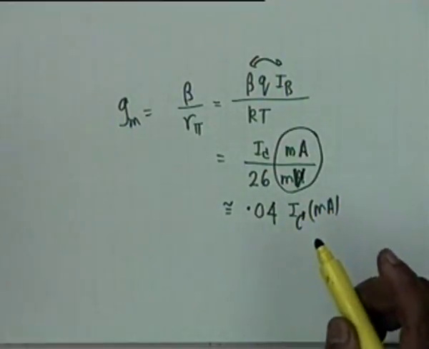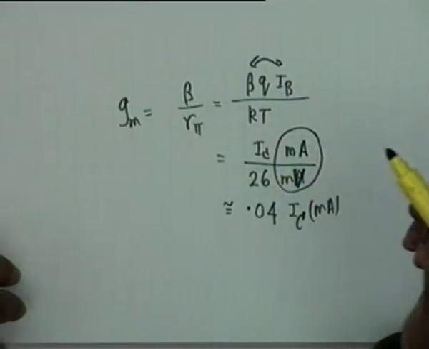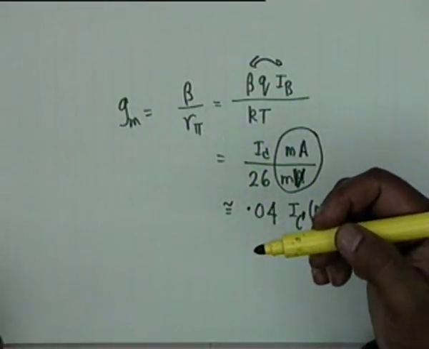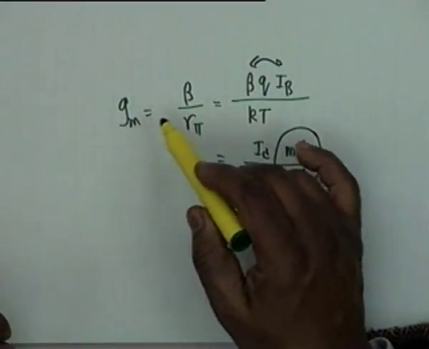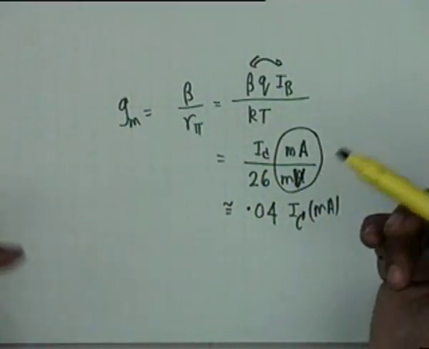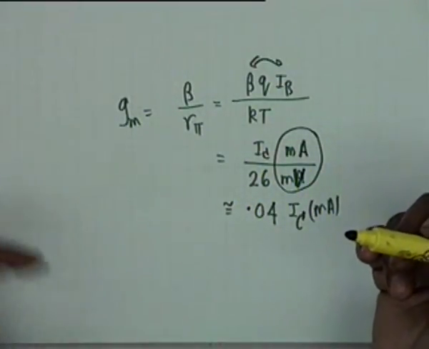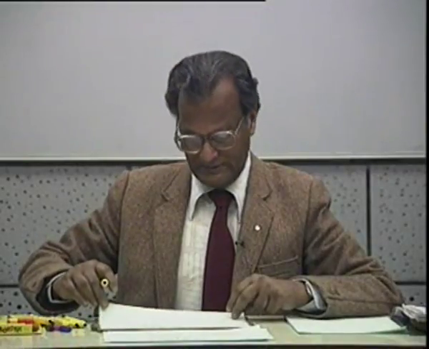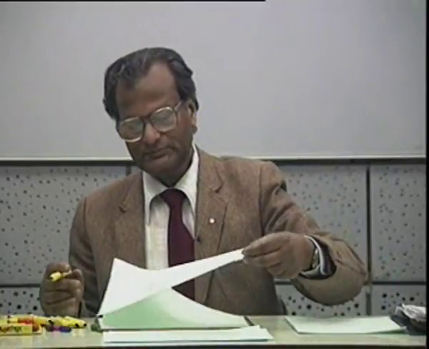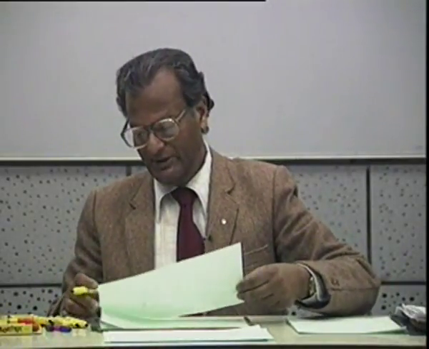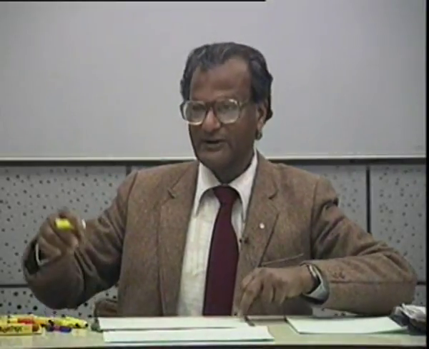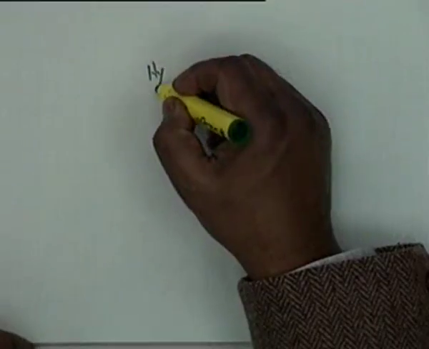So if I know the collector current, then I know GM, and if I know GM and beta is given, then I can calculate R pi, or if I sub C and R pi are given, then I can calculate beta. The three parameters are related, and this is the circuit that we shall be using mostly. But why is it called a hybrid pi? Because this is a modification of the so-called hybrid two-port equivalent circuit.